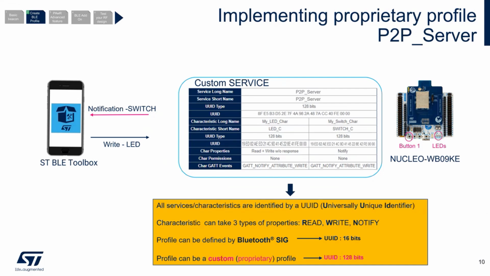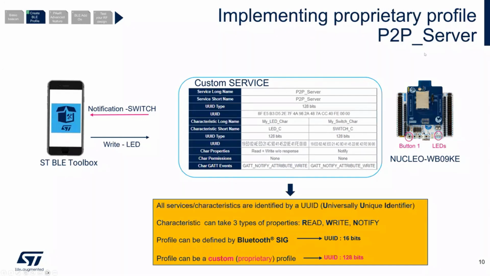Building the Bluetooth Low Energy protocol, we will define how to exchange data, but it will not define how to interpret data. And for this, we need to implement a profile, a Bluetooth Low Energy profile. Our profile can support one or many services. Each service can host one or many characteristics.